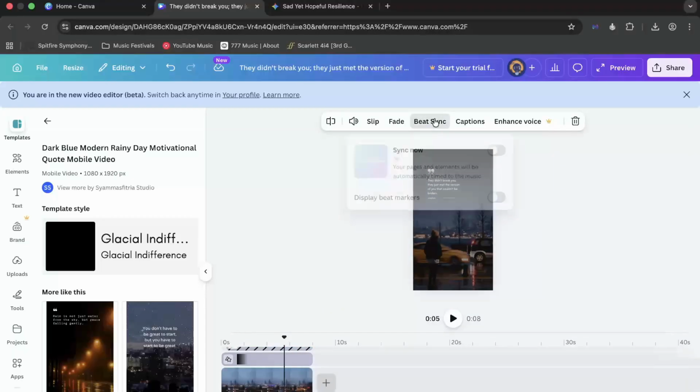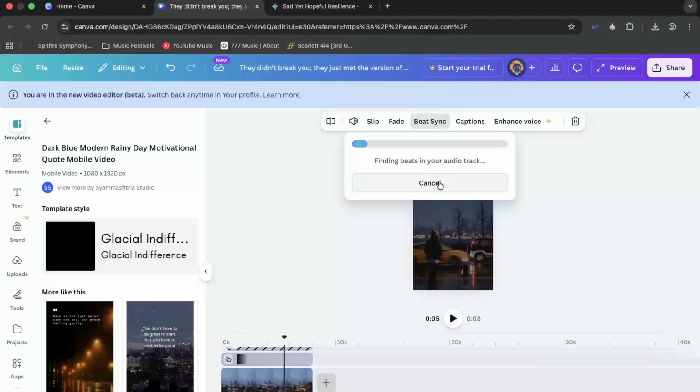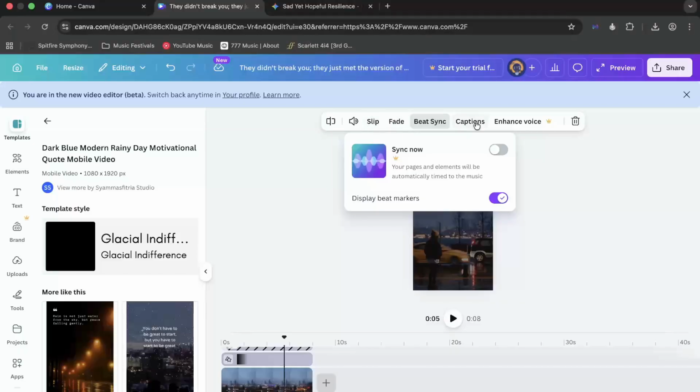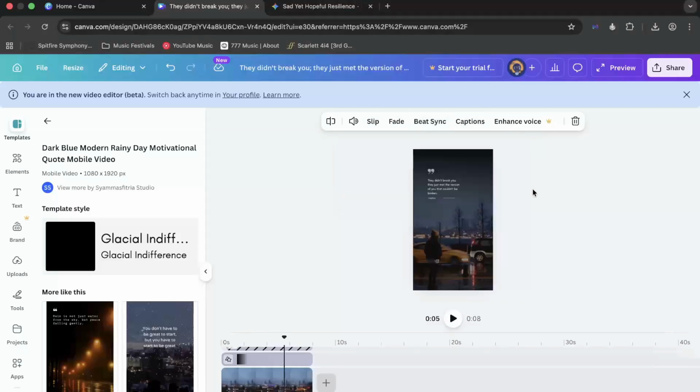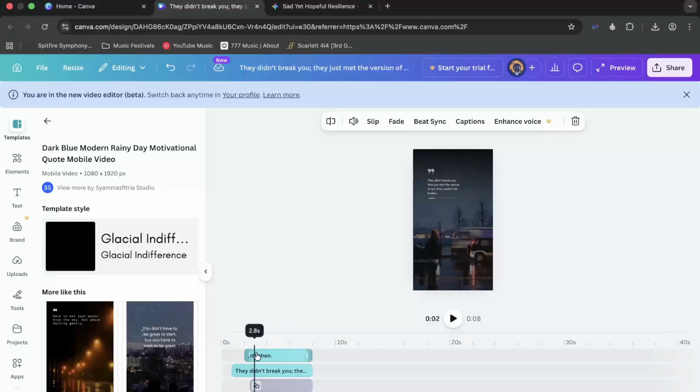in the option that says beat sync, usually it will be helping you so that the page elements will be automatically timed to the actual music, which I think is going to be really great. You can display the beat markers if you wanted to check out and find the actual beats in your audio tracks to make this element much faster. They even have fades, they have the slip element, there are captions that I believe can be really useful. In my case, I will be sticking around only with this version, and what I'm going to be doing